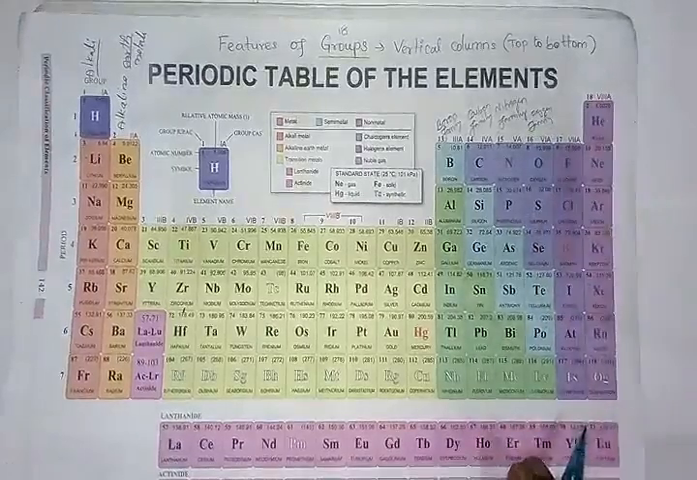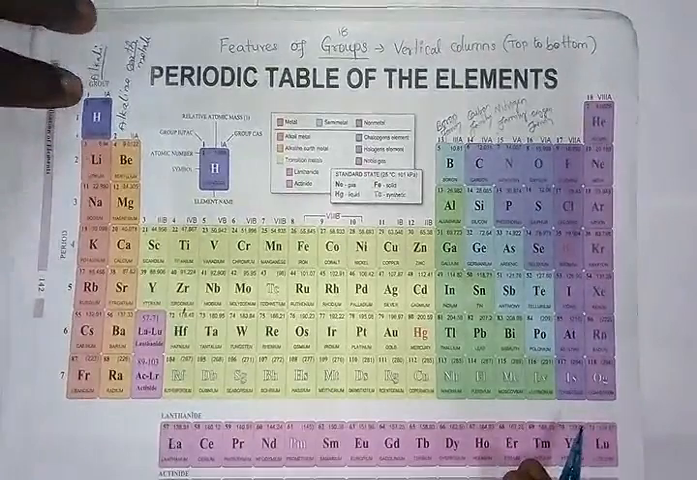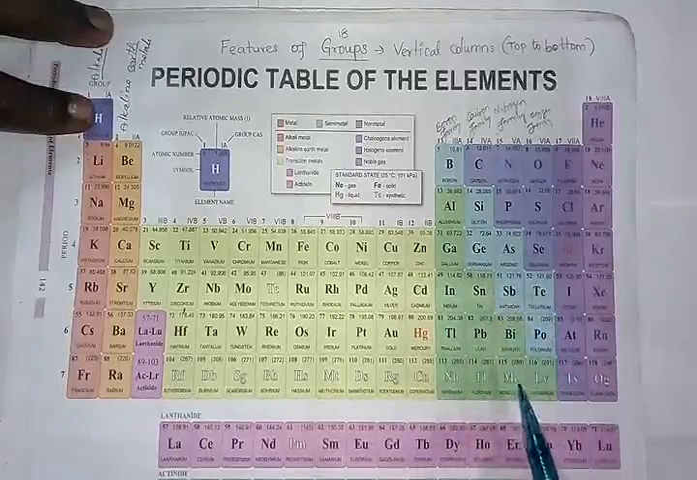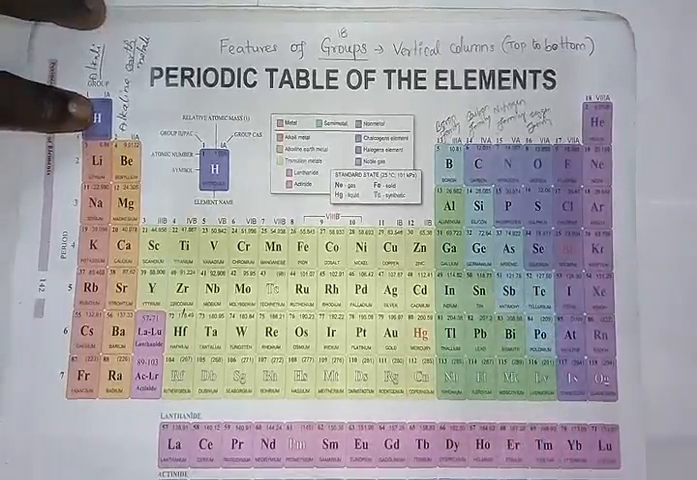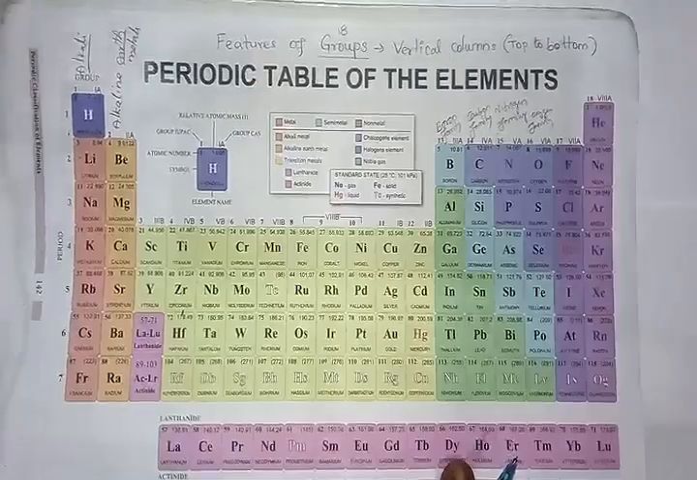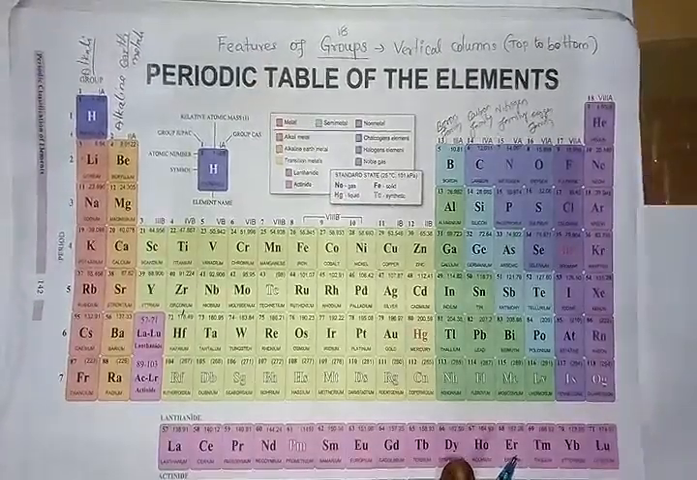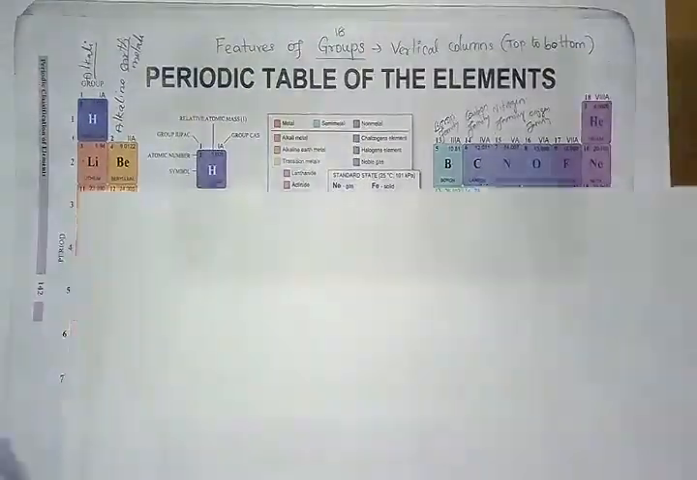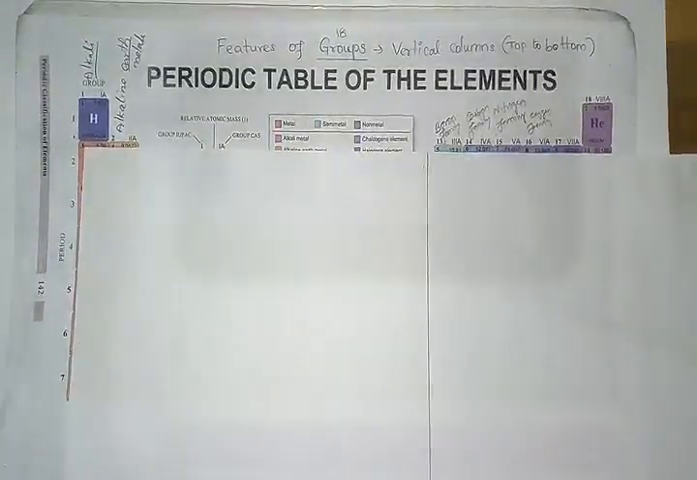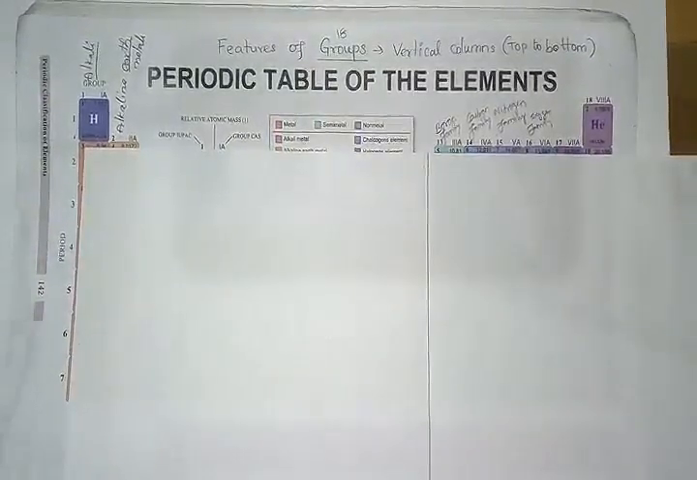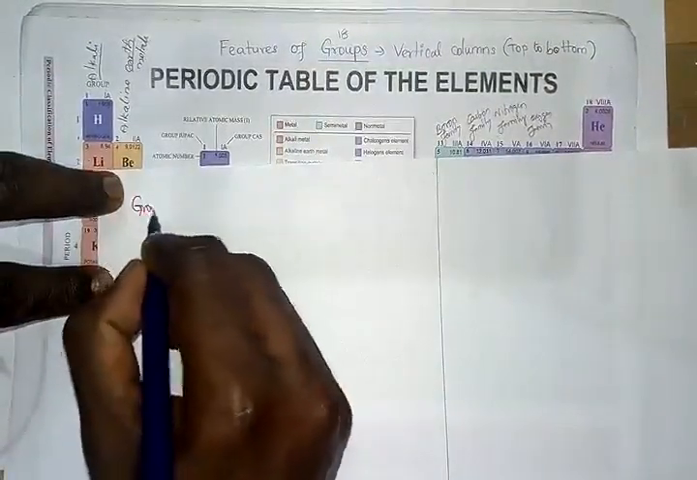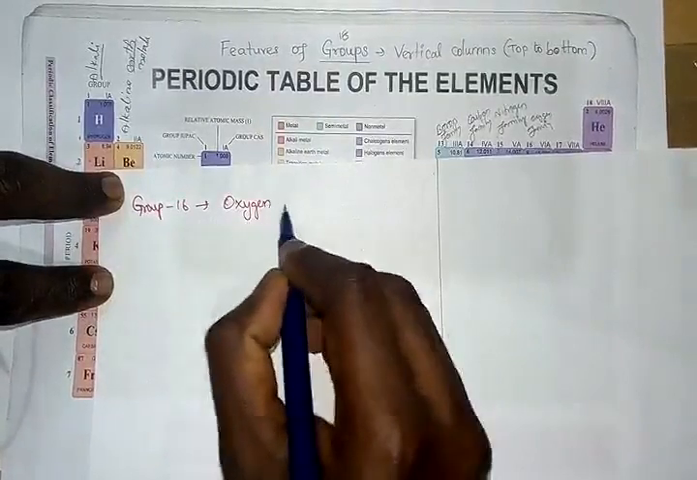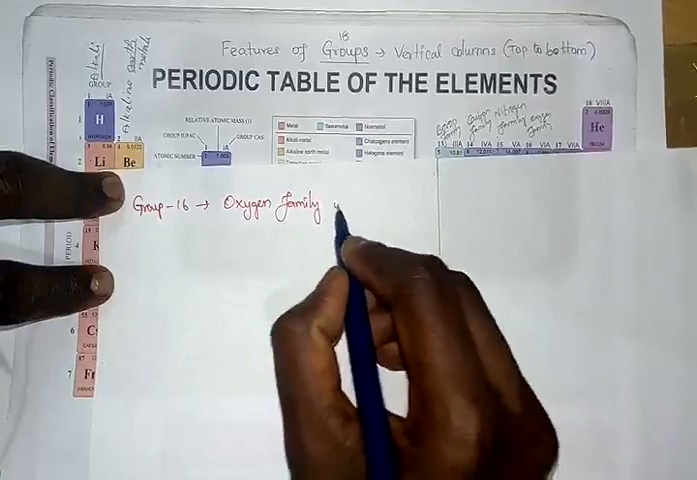The oxygen family is otherwise called chalcogens. This word is important. We will see what the meaning of this is. So it is called chalcogens. Group 16 is called the oxygen family, otherwise called